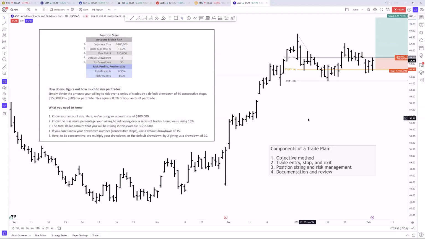Here's what we're after in the end. We want to consistently get the most profit with the least amount of risk. All right? Anybody can luck into a few big winners, but then what? You can have a good month, a good year, a good week, but then what? And we're not after luck here, we're after skill. So this is what we're trying to do: get the most out of it with the least amount of risk and do this consistently. Trading is very difficult. A small percentage are able to make profits consistently, and this is what we're after, right? This is our objective.